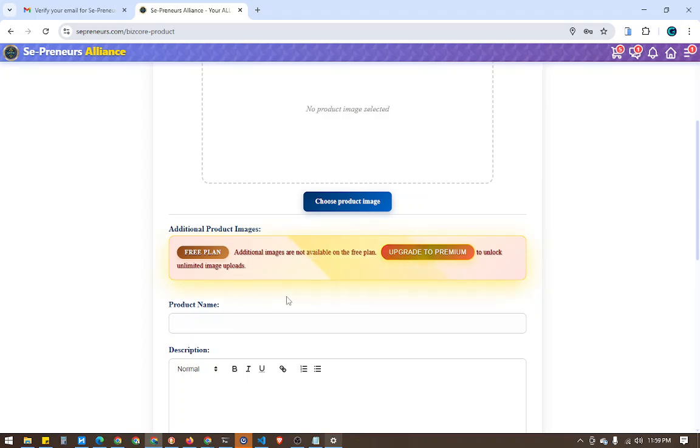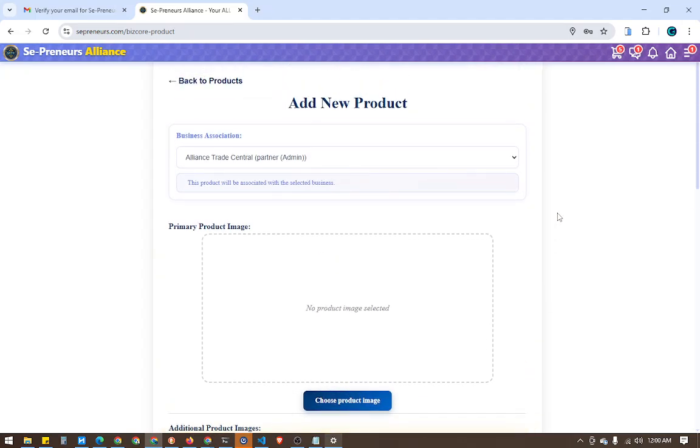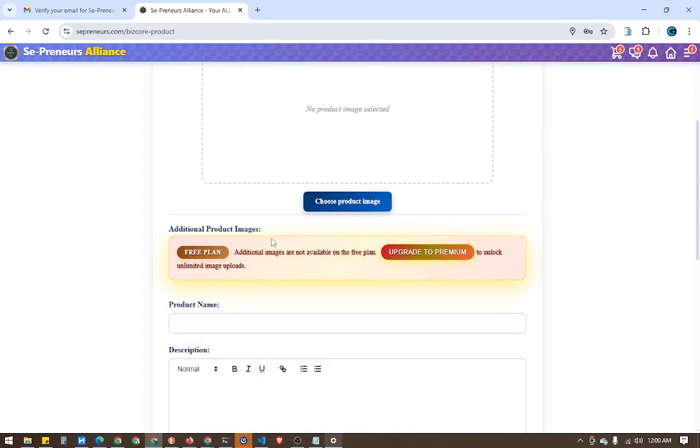That's why we limit that one to only the premium account. But for the free account, you can actually post products unlimited as of September 2025, so you can add as many as you can for your business.